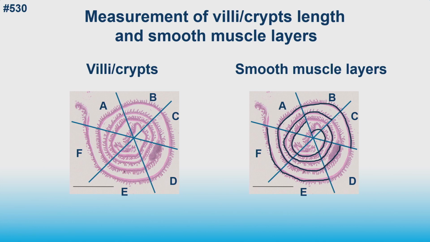The measurements were done as follows. Each roll was divided in 6 equal sections, and in every case, only intact villi and crypt units were measured, or places where we could identify both circular and longitudinal muscle layers. For the villi and crypts, only the outside layer of each roll was measured. For the smooth muscle layer, we began measuring at the inner side of the roll, the part that touches one of the axes, and kept measuring every time that we touch one of those axes until we completed one round, and then the second round, and so on and so forth.